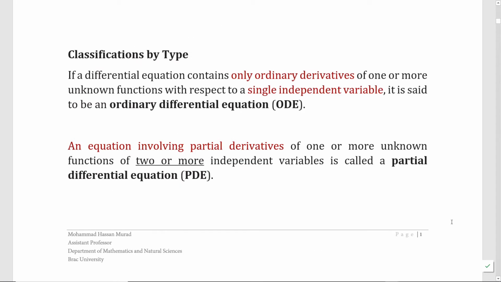Classification by type. If a differential equation contains only ordinary derivatives of one or more unknown functions with respect to a single independent variable, it is said to be an ordinary differential equation, often abbreviated as ODE. On the other hand, if an equation involves partial derivatives of one or more unknown functions of 2 or more independent variables, then it's called a partial differential equation,